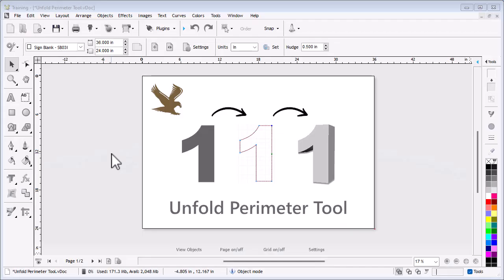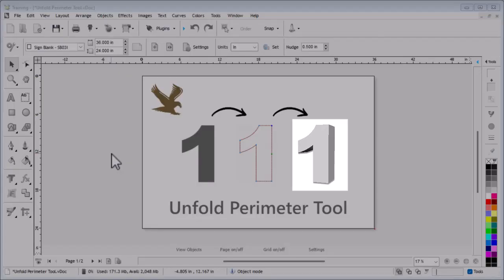In this lesson, I'm going to show you how to use the Unfold Perimeter tool on the selected object within the designing area of the software. So, to begin with, let's use a number 1 that we wish to make out of a strip of cardboard or aluminum. In other words, we want to build a 3-dimensional figure made out of a bendable material as shown